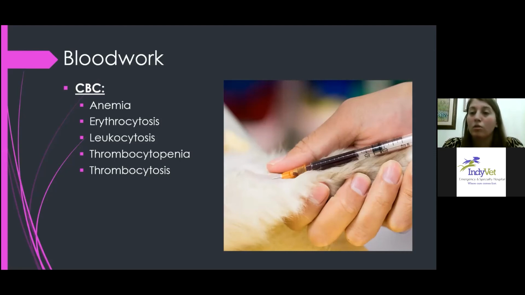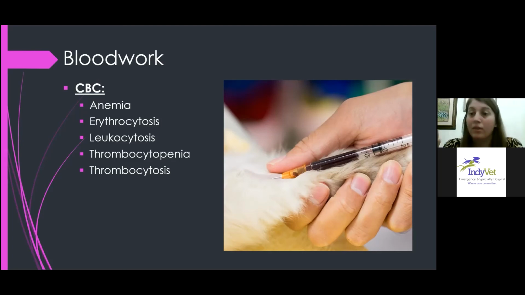It also occurs with hemangiosarcomas due to a shearing process. As the red blood cells move through that tumor, they essentially get cut up because of the architecture of the tumor, which causes hemolysis and an anemia. We can also have a decreased production of red blood cells at the level of the bone marrow, causing an anemia. If a cancer is affecting the bone marrow,